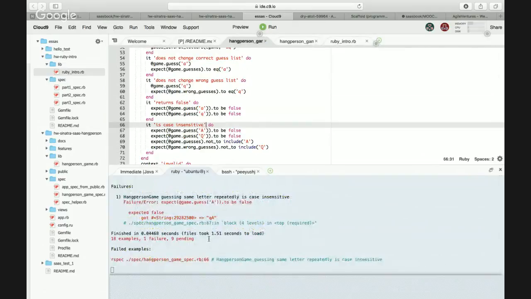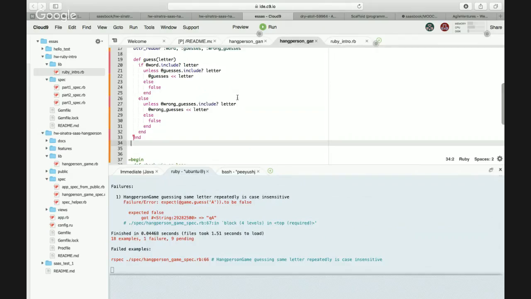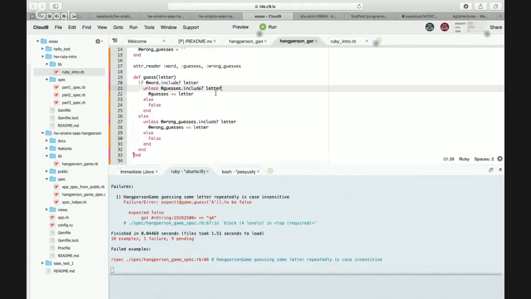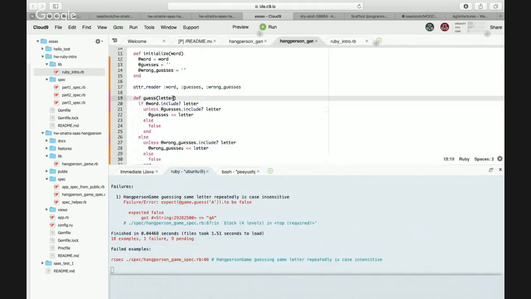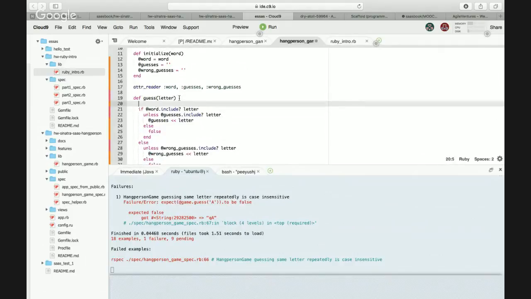It says failure, person missing same letter. You should return false because there's A already there, but we are case sensitive right now. So let's make the letter downcase everywhere. Or we could do it once. Let's save letter.